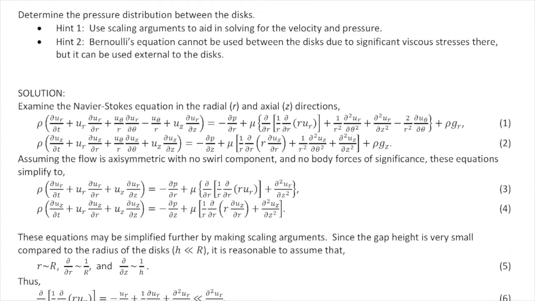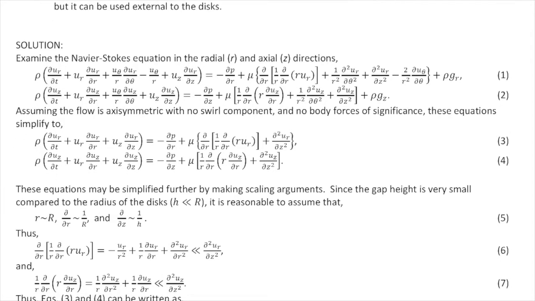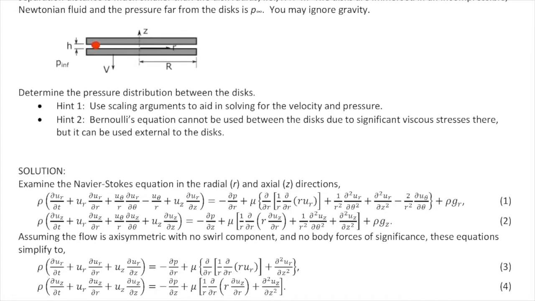And then the next step is actually an interesting one. It's done a lot in lubrication flows. It's a scaling argument based on some of the dimensions of the problem. In particular, we said that the gap height is very small compared to the radius. So h is much, much smaller than r. It's a very thin gap. And this would be the case